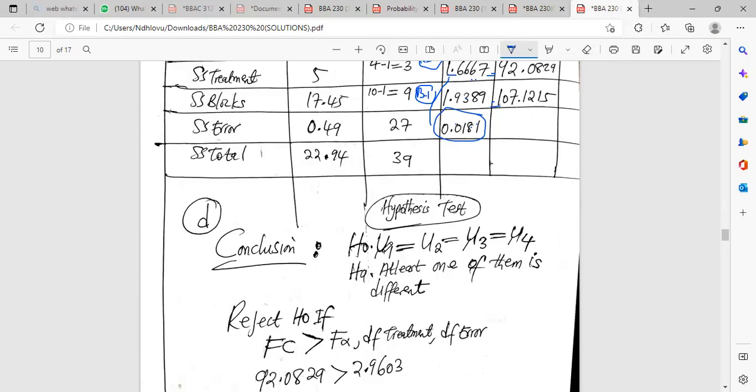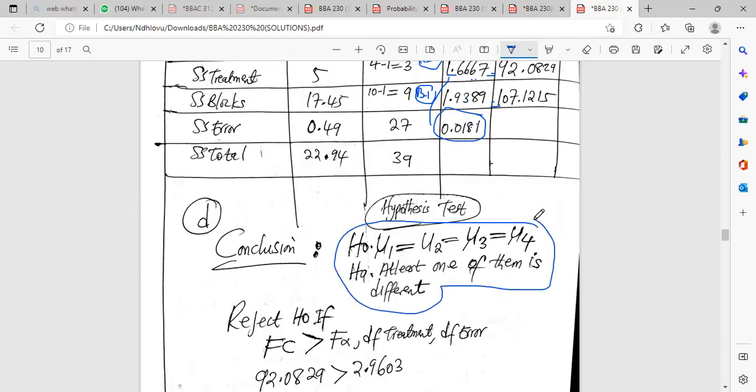So treatment 1 should be equal to treatment 2, equal to treatment 3, equal to treatment 4, meaning that the average number of detergents, so detergent 1 for Boom, for Bullet, for Waco, and the other one, they are the same. The mean difference is the same. So we can go for any one of these detergents, but the alternative simply means at least one of them is different. So this is a hypothesis test for this given